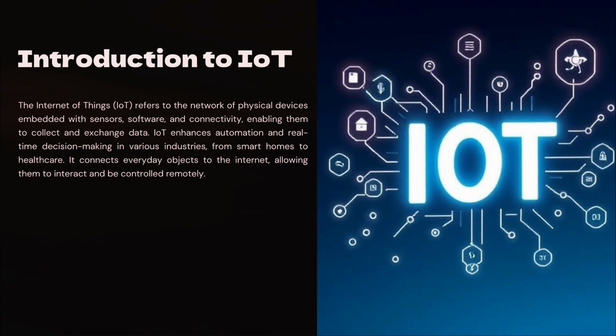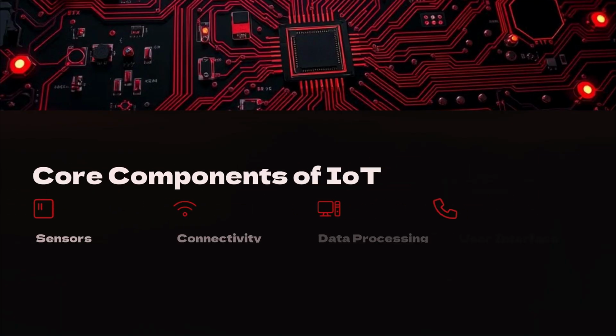So first, to start with, we will also have to look at the core components of IoT. What does IoT comprise of? As you know, IoT means devices which are connected to the internet, and the Internet of Things also comprises devices like mobile phones, laptops, and embedded voice assistants like Google Home, Alexa, etc. So first, to understand the core components of IoT,